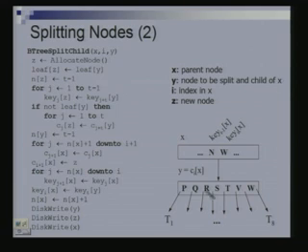This is a procedure for splitting a node y whose parent is x, and y is, let us say, the ith child of its parent. So, i refers to that. What do you do? You create a new node z, and then first you copy the appropriate number of keys, t minus 1 keys, from y to z, right, that is what is being done here. And if this is not a leaf node, then you also copy the children from y to z, that is being done here.